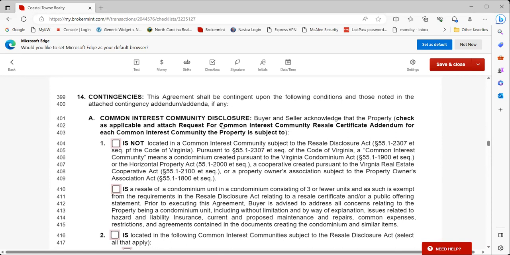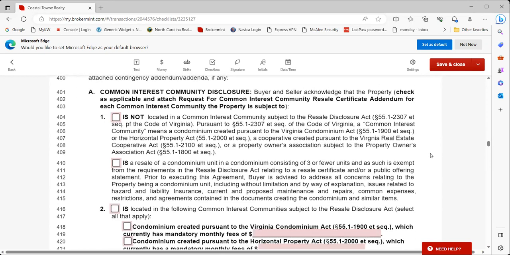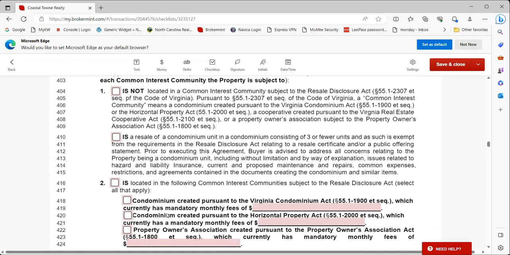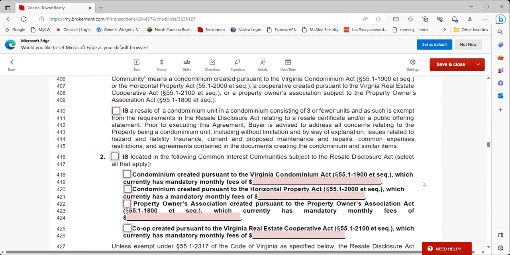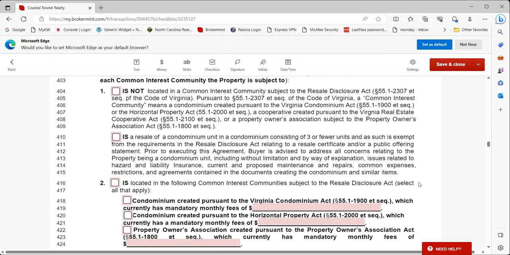Okay, so common interest, community disclosure, and you're going to say the buyer and seller acknowledge that the property check is applicable. All right. It's right there. Go a little bit higher. The first one down here is condominium. Yes, that's the part, common interest. So where are you looking at? How do I know what is the difference between where it says condominium created pursuant to the Virginia Condominium Act, blah, blah, blah, and the second one, condominium created pursuant to the